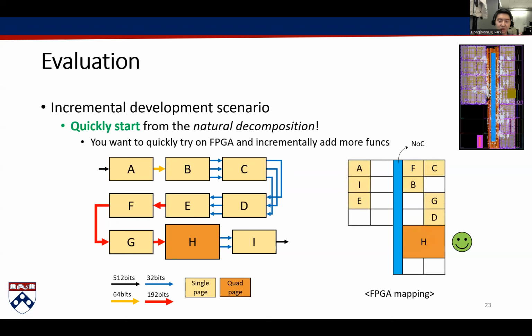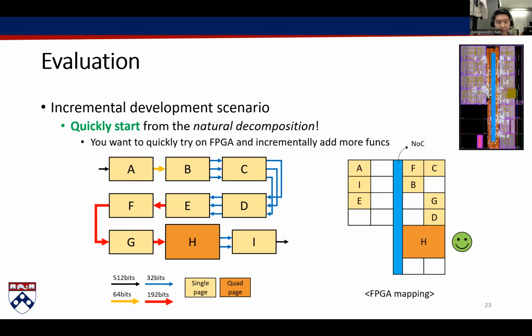With the previous fixed size page system, users had to split operator H into H1, 2, 3, 4 to shrink the size to be able to map onto the single page. But now, because we have double or quad pages, we can just simply come up with the most natural decomposition